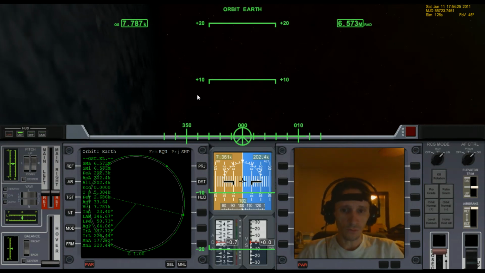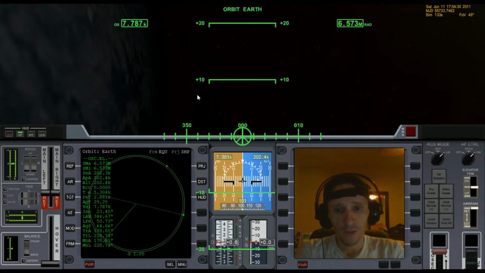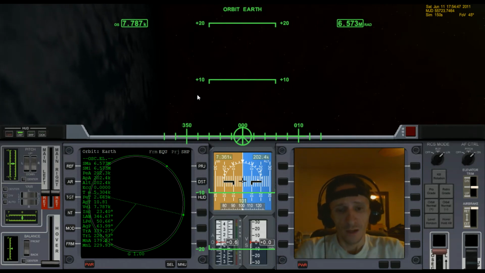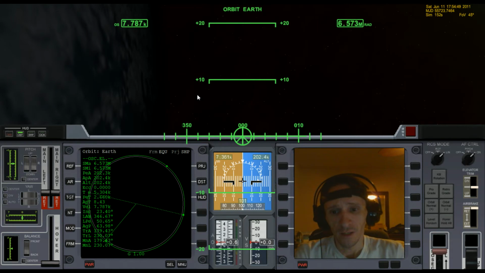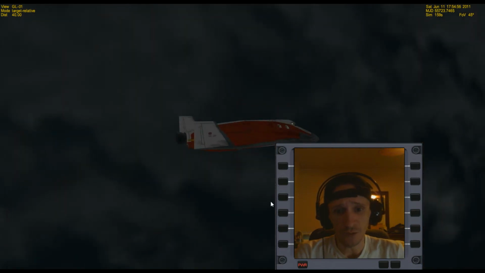Okay, welcome to another Orbiter 2010 video, and in this video I want to try to show how to go from the Earth to the Moon and back to the Earth again, doing a sort of a slingshot free return trajectory type of maneuver. In order to save time, I've already got the Delta glider in a 200 by 200